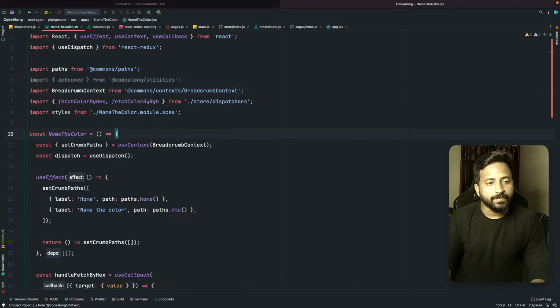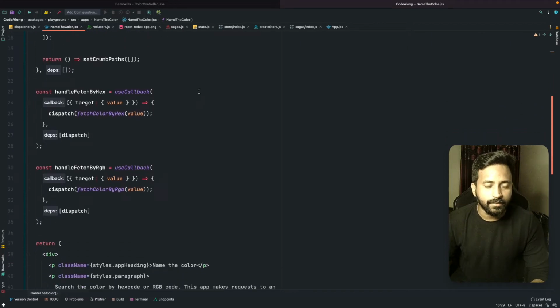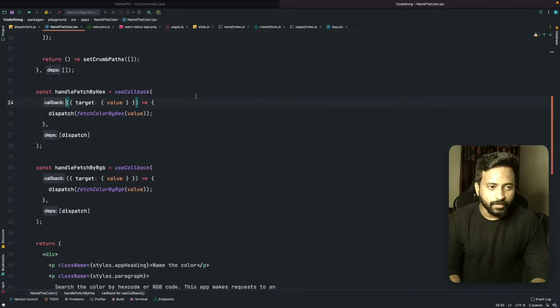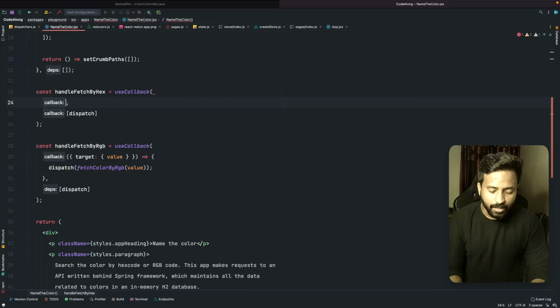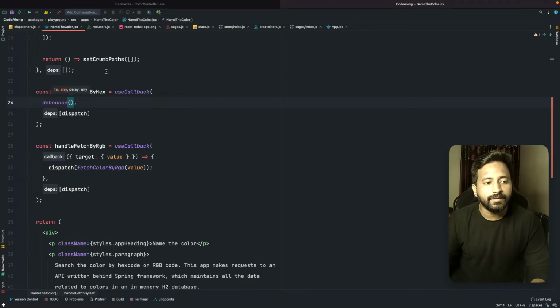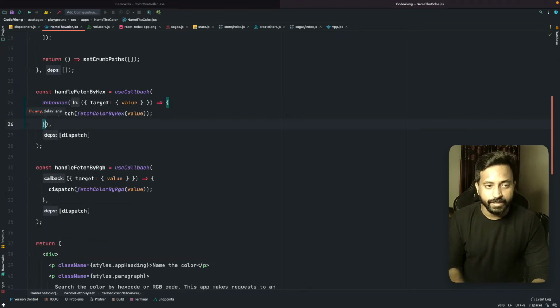Okay, so let's update our handlers, the event handlers. So useCallback is basically going to receive a function. So let's just remove this entire part, and the callback for this is going to be provided by my debounce function now. So we'll write debounce over here. Now debounce function expects a function and a delay attribute, right? So the function is going to be the same callback that we had earlier, and the delay is going to be 300 milliseconds. So this is what I want in my debounce.